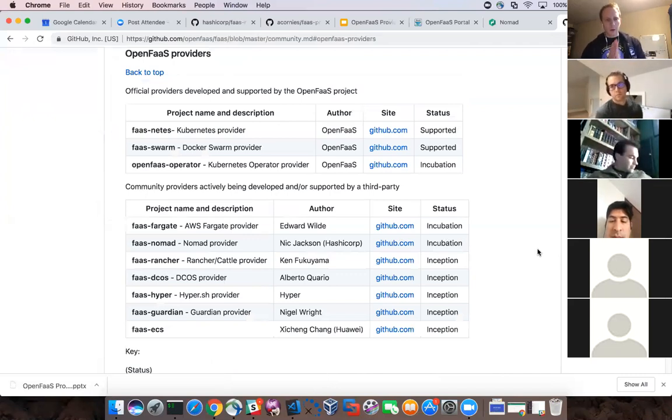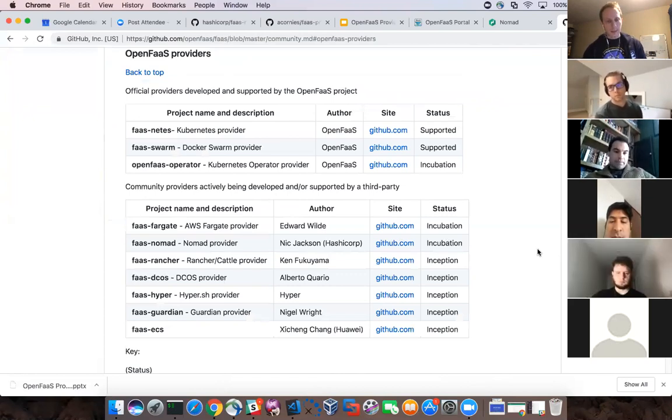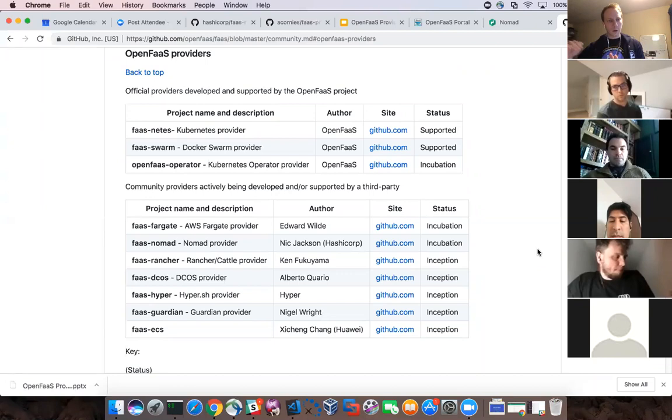Yeah, sure. Originally, there was only one provider, which was in the gateway, which was Docker Swarm. But then when I adapted the project for Kubernetes, that's where this provider pattern came about. And we were going from the gateway to the provider to the function until we did some performance testing and figured out we could reduce one hop. In Kubernetes and Docker Swarm, you can go from the gateway directly to the function with no additional proxying, because they both provide this DNS for you. So you can just look up from the function name exactly one-to-one and hit it.